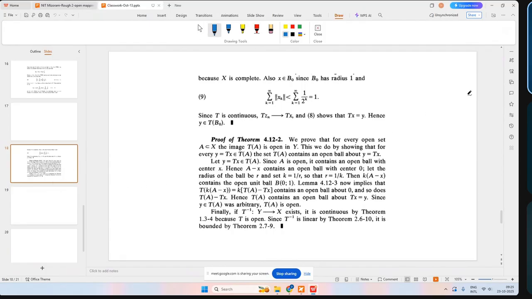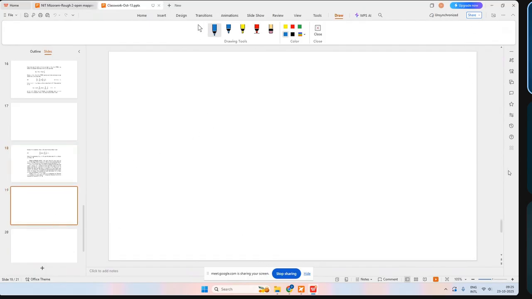K times T of K of A minus X. You have T of K times A minus X. This is the same thing as K of T of A minus X. Why? Because if you look at this,